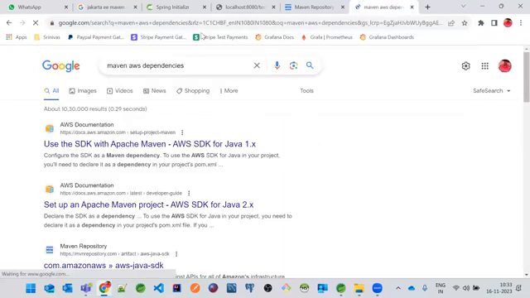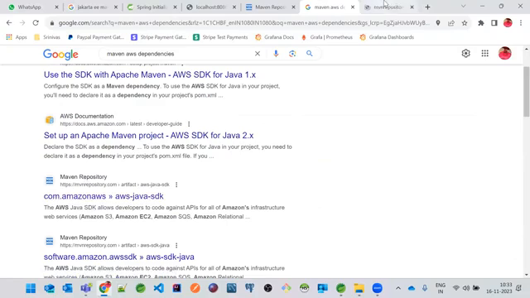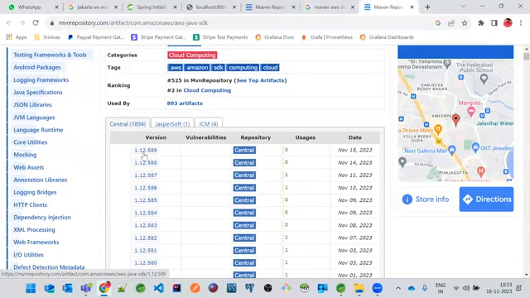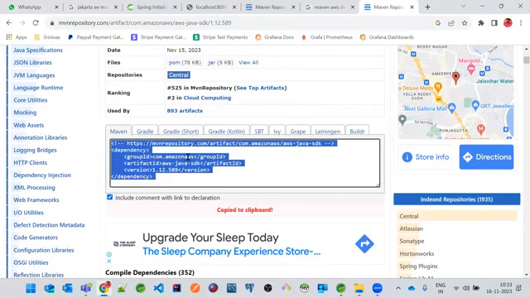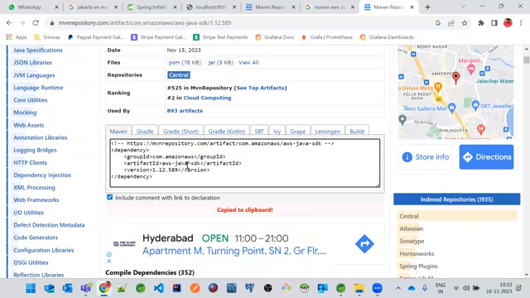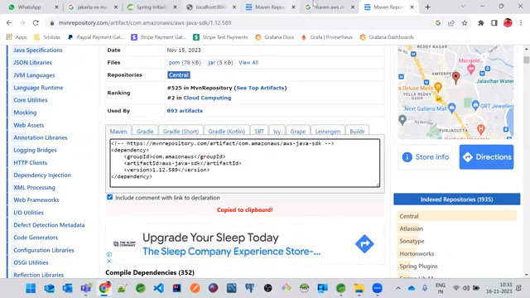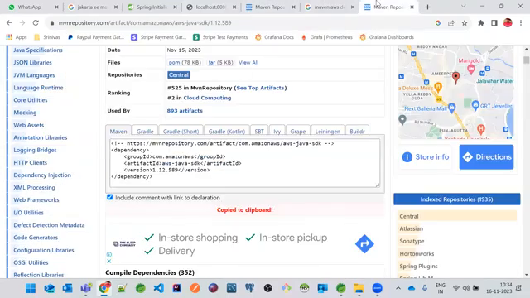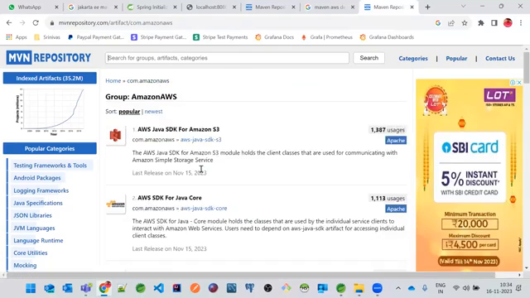So here, if you want to use any of the dependencies in Maven, there is something called a software development kit, like JDK. If you go to the latest version, you'll get this com.amazonaws Java SDK. This provides the core libraries of Amazon Web Services, and you can use it. And if you go back and click on the one at the top, com.amazonaws, these are all the packages.